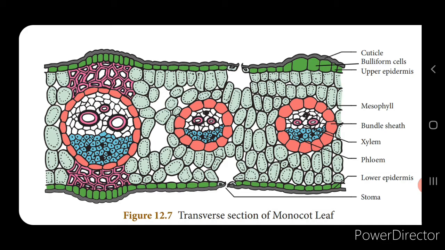So this is about the vascular bundle, and this mesophyll is not differentiated into palisade parenchyma and spongy parenchyma as in the case of the dicot leaf. Now this structure is very simple, and see to it that you learn about the vascular bundle very thoroughly, because sometimes the differentiation of the vascular bundle between the dicot stem and the monocot stem, or between the dicot root and monocot root, can be asked.